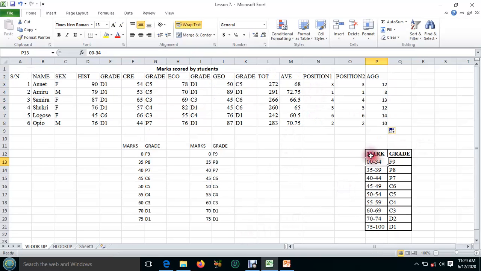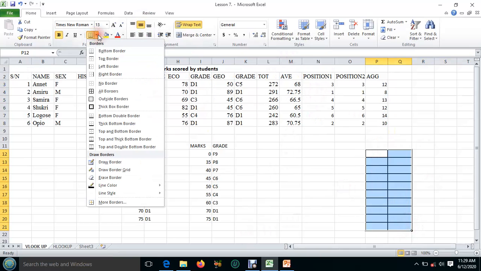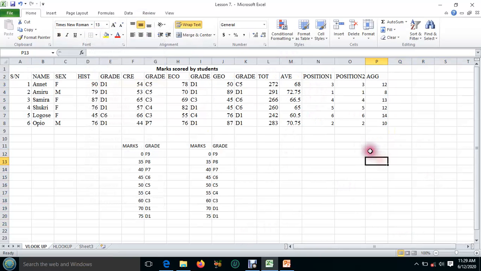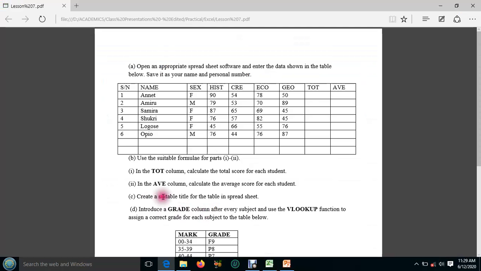So I told you this one is not part. You can even remove it now. I'm going to remove it now. Okay. So you can go ahead and save the change. Then the next one,